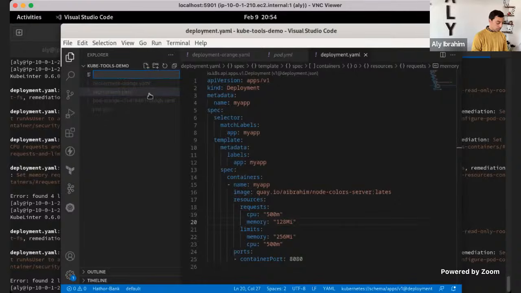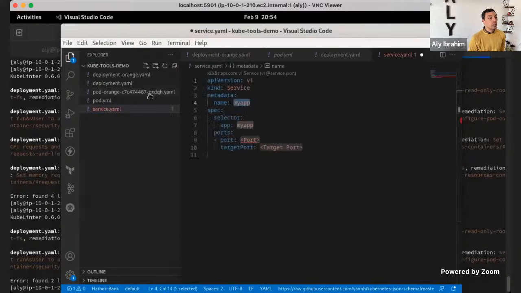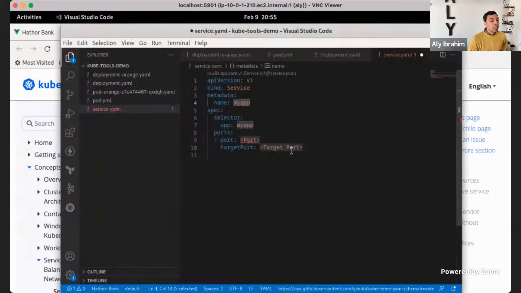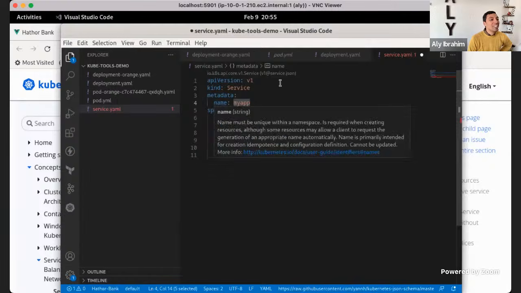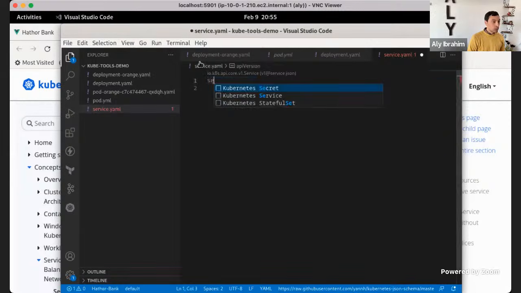So if we create any file, let's say service.yaml, and okay, I don't remember what was the main things on service. So if we do service, you can see it's auto-completing. Do you want secret, Kubernetes secret, or Kubernetes service? So say I want a service, so it's already printed out the YAML. And okay, now I just need, instead of adding the whole YAML, which I probably can misspell something or misindent something. So it's now ready for me to just add the ports, define my application, and set the target port, and it's ready. If I don't want this, let's say I'm just creating a secret.